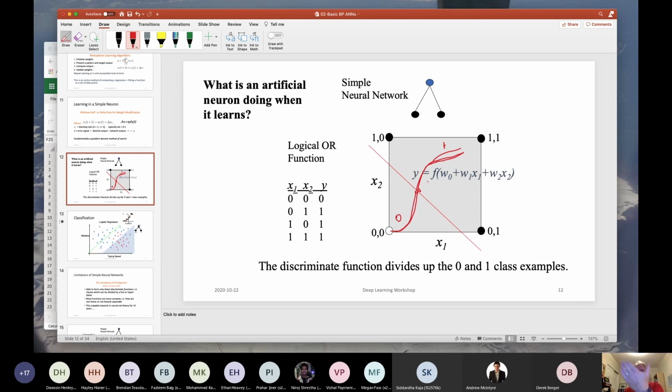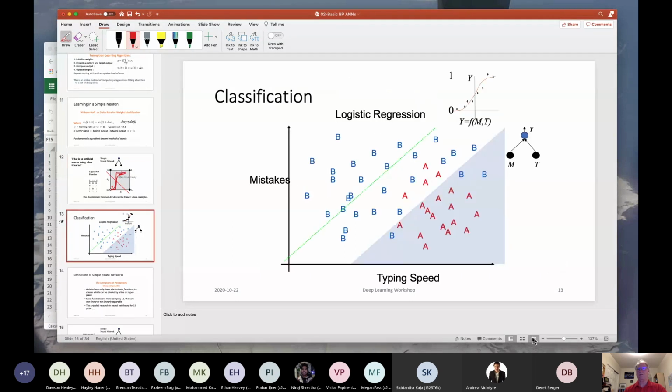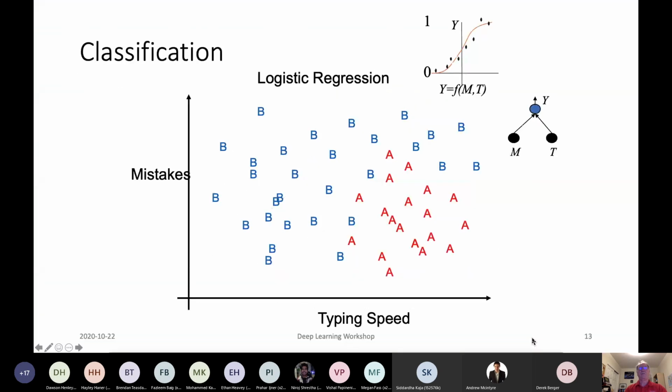So the neural network's actually creating a third dimension, if you like, coming out of the board that says anything up here is a 1, and anything down in here is a 0. And that shape I've drawn is more like a logistic or sigmoid function. Ours is a straight step function, but they're kind of the same, pretty close to being the same. So if we turn to this little animation, then what we have is another problem.